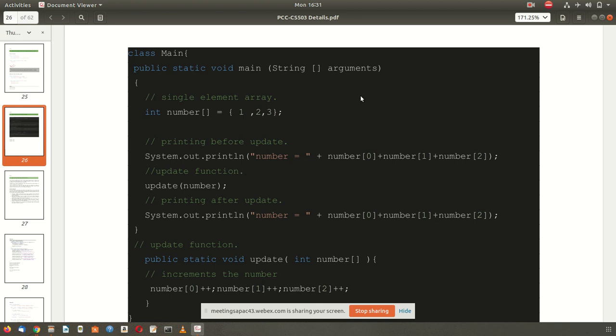The address of the location is shared. The address of this particular array is shared, or if it is a class, the address is shared. So that is the default, and if you want to prohibit that, if you want to stop that, then you have to do it manually.